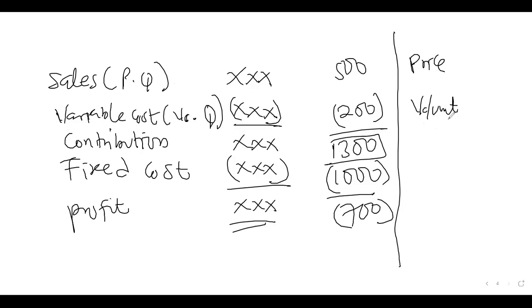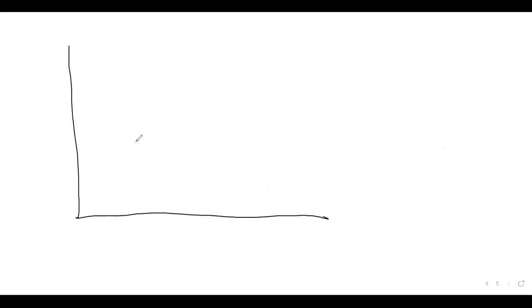So all that I'm saying is that if you want to produce in your short run, make sure your price is bigger than your variable cost per unit. Variable cost per unit simply means average variable cost. So if you want to produce in the short run, make sure that your price is bigger than your average variable cost. So if we illustrate this on a diagram,